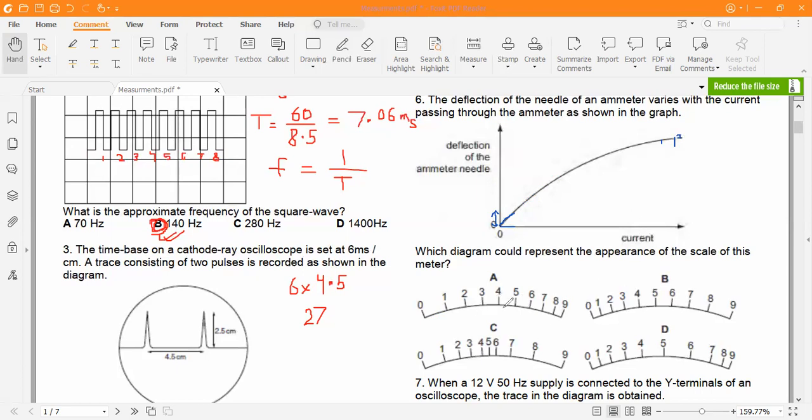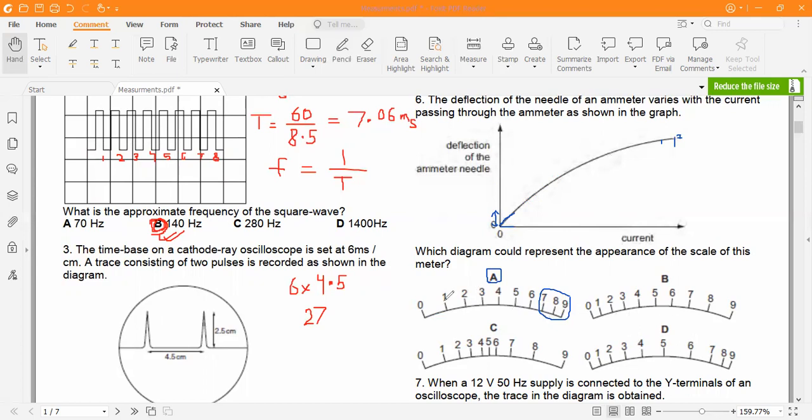So if you look at these options, we'll see that A seems the most accurate one. Why? Because in A, the deflection is most at the start. If you look between 0 and 1, there is more deflection. And then if you look at the end, the deflection is decreasing. But for linear graphs, this won't decrease. So 5 would be here, 6 would be over here, 7 would be over here, like this. For uniform, if this was linear, the axis would not change.